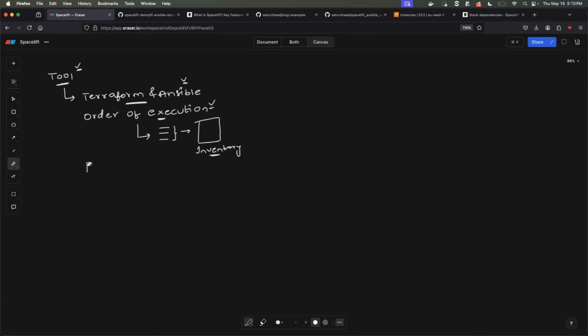Along with that, policy management. As I told you, this is very important. For your proof of concepts or demos, you might not worry a lot about policy management. But when it comes to enterprise, there are set defined rules, compliance, and governance. The tool has to make sure strict policies are enforced. As I told you during the introduction, maybe the EC2 instances created by this Terraform instance should not allow all inbound